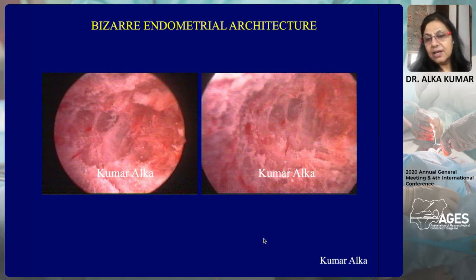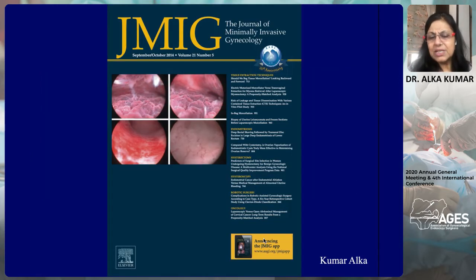So here is how bizarre endometrial architecture looks. If you take your mind back to the proliferative phase or the secretory phase or the atrophic phase, they had very distinct characters of their own. While in endometrial tuberculosis, it just loses its character. It becomes dirty, flimsy, friable, sprinkled with whitish powder, and in these images you can see those flimsy adhesions as well.